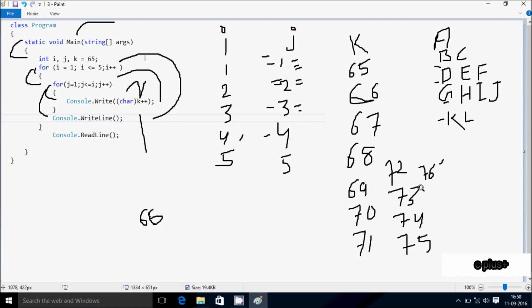Hereafter k increases, so k is now 77. Check the condition here. First increase the value of j, so j is now 3. Check the condition 3 less than or equal to 5, condition is true, that coincides. So at your Console class dot Write, print the k value. The k value is now 77, converted into the character, so print